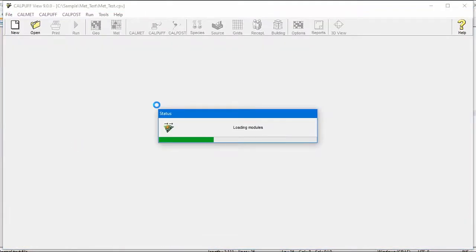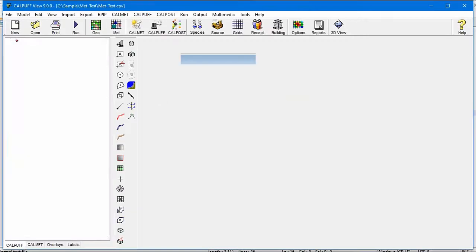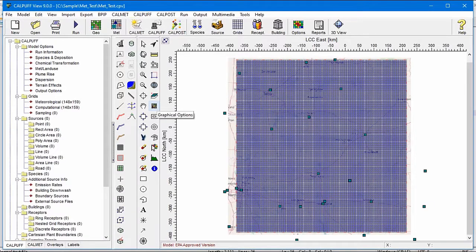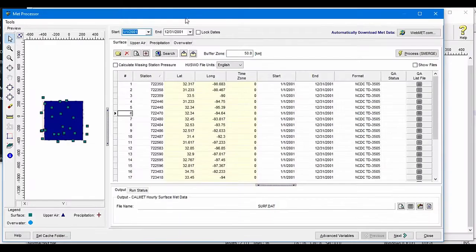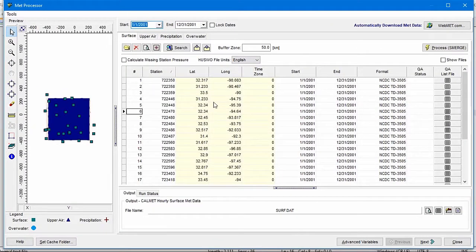Then we also have some new enhancements to meteorological data processing. I have a sample project here that is located in the southern central United States. And this project contains a number of surface observation stations to run through the meteorological preprocessors of the CALPUFF modeling system. Here I'm processing 2001, and you can see from the file format, all of these files are of the NCDC